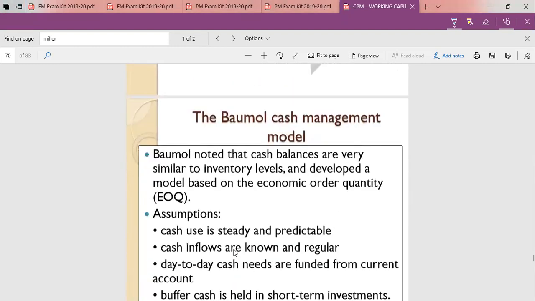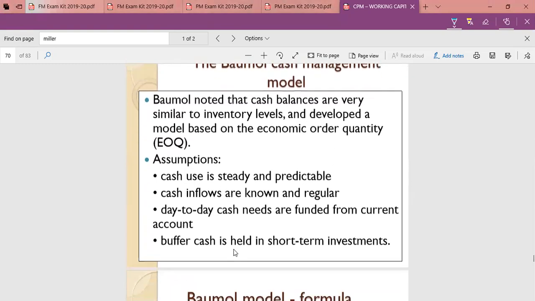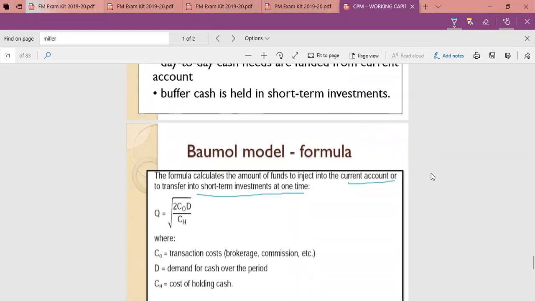cash management model. Okay. It is based on certain assumptions. First one, cash use is steady and predictable. Cash inflows are known and regular. Day-to-day cash needs are funded from current accounts. Buffer cash is held in short-term investments. After that, we need to learn the next model, which is